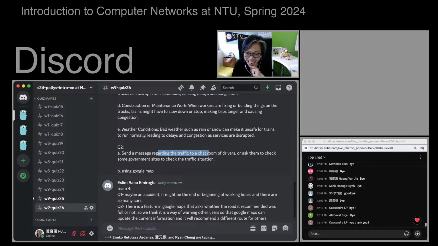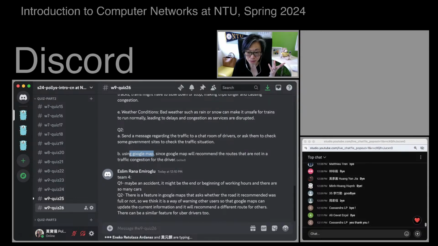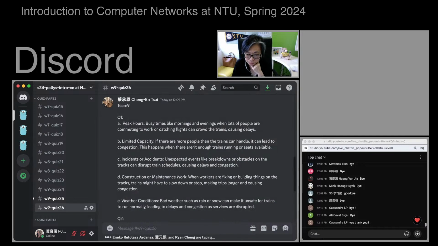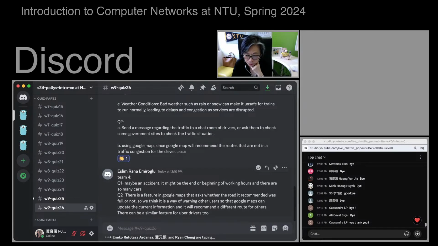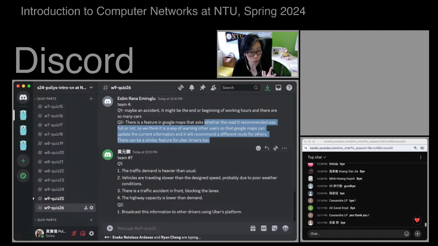Regarding traffic on the chat room: Google Maps now also indicates the traffic intensity with different colors. Maybe an accident. Google Maps also offers multiple routes.